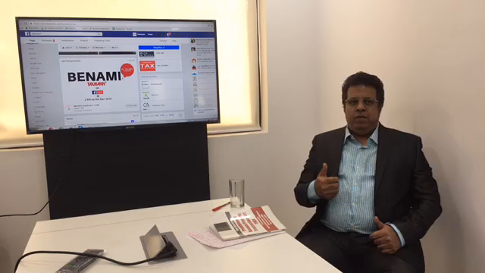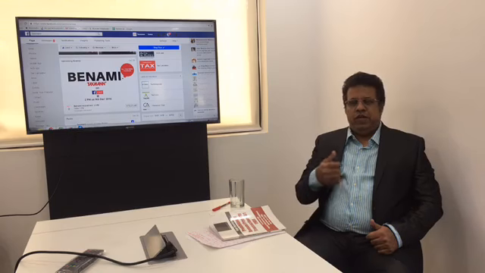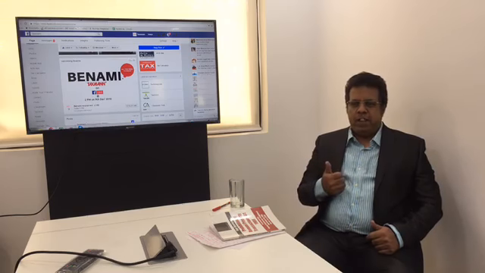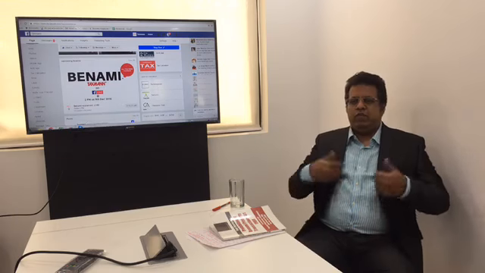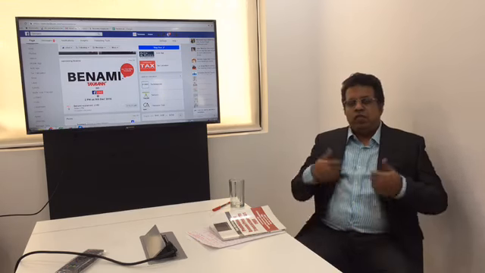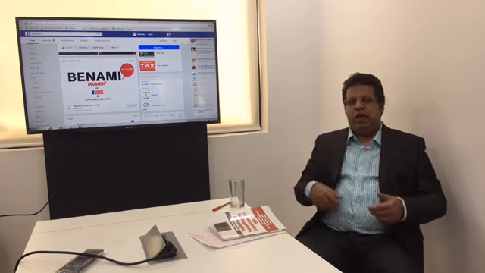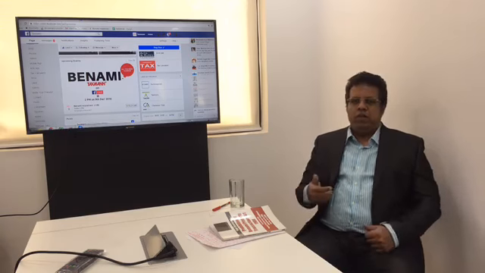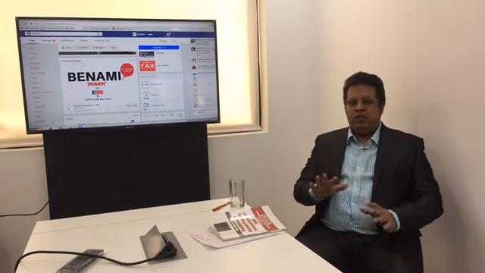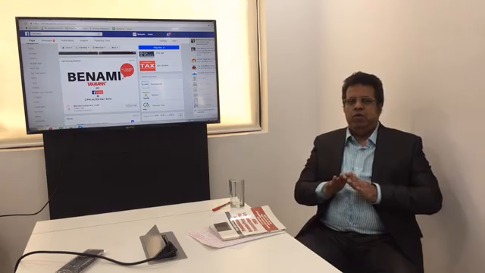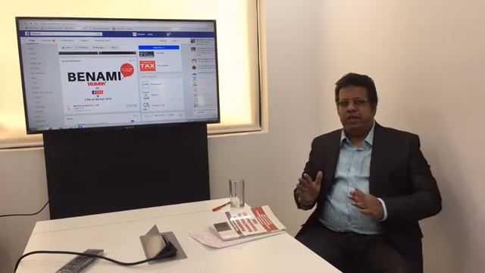Now, the Benami Act was first introduced in 1988. It provided a very confusing term called acquisition of Benami property. Acquisition invariably means that when the government acquires a property, it has to provide compensation. How the compensation is to be calculated, how it will be acquired, all these modalities had to be prescribed by rules. But the law ministry said that so many things cannot be prescribed by delegated legislation of rules, and that is why the Benami Act remained in limbo for 28 years after it was enacted.